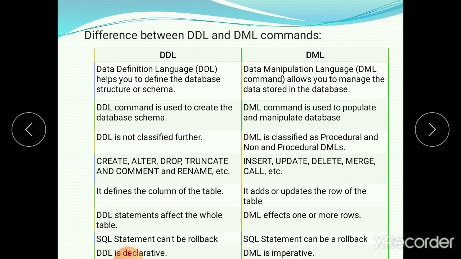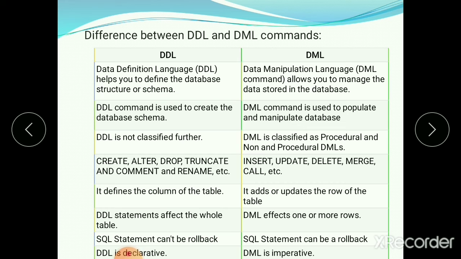Truncate: if you want to remove all records from that table, use the truncate query. Then comment: if you want to write a comment, use the comment query. And rename: if you want to give another name to a table, use the rename command. Rename query, you give another name.